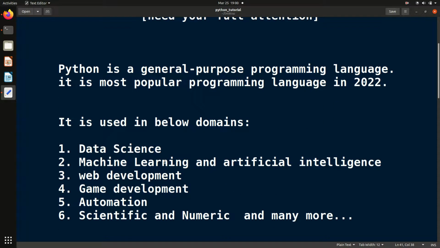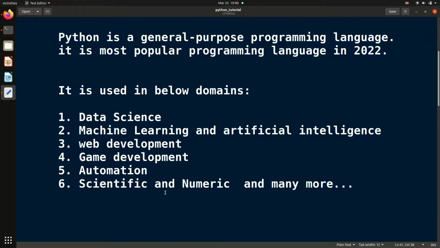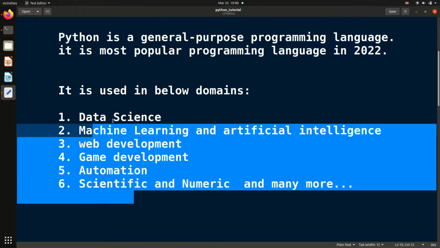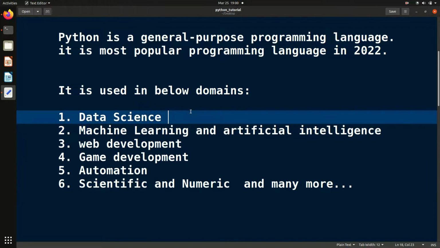Now let us see the domain. After learning Python, what all you can do. So these are the different fields which you can start working on after just learning Python. So this is a good start for you. Just be with me throughout this video, and this video will consider you as an absolute beginner. Okay, so no problem, don't take any tension. I will start from very scratch.